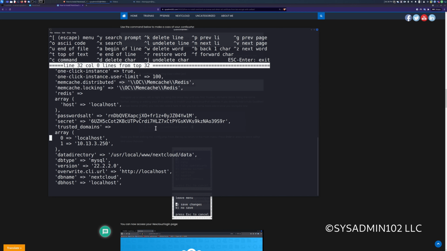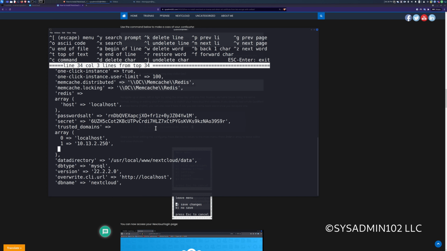And as you see right here, this block is a trusted domain. So I'm gonna edit this one and change it to 10.13.2.250, which is the IP address that I assigned to my Nextcloud. And I'm gonna add a second one, same format.